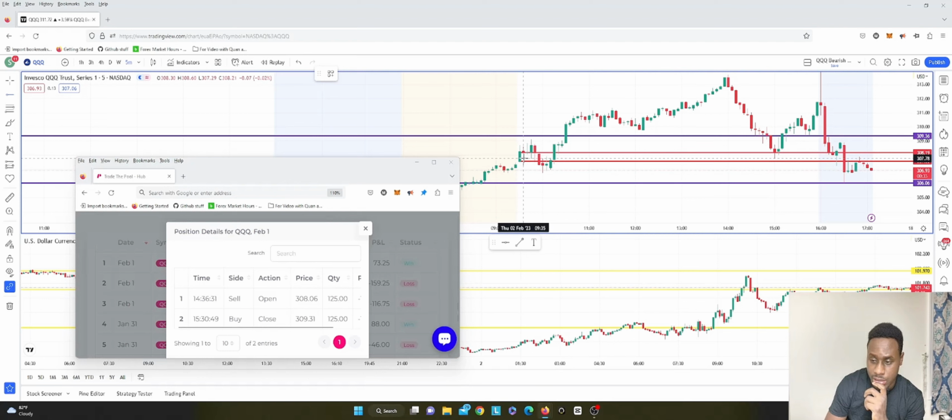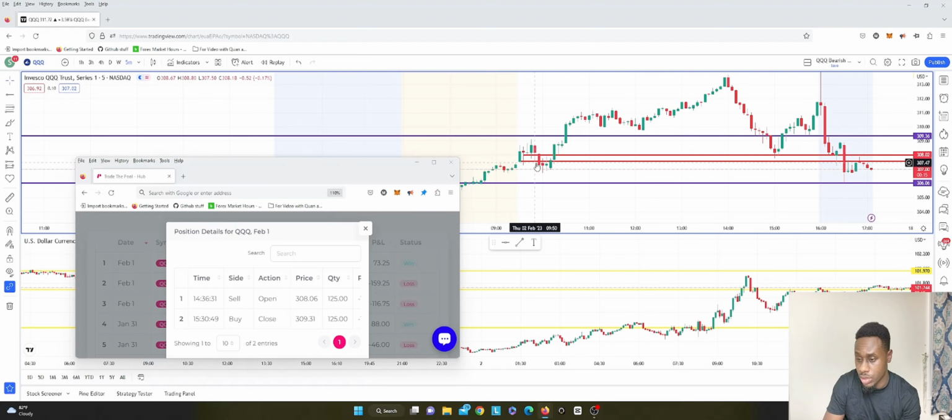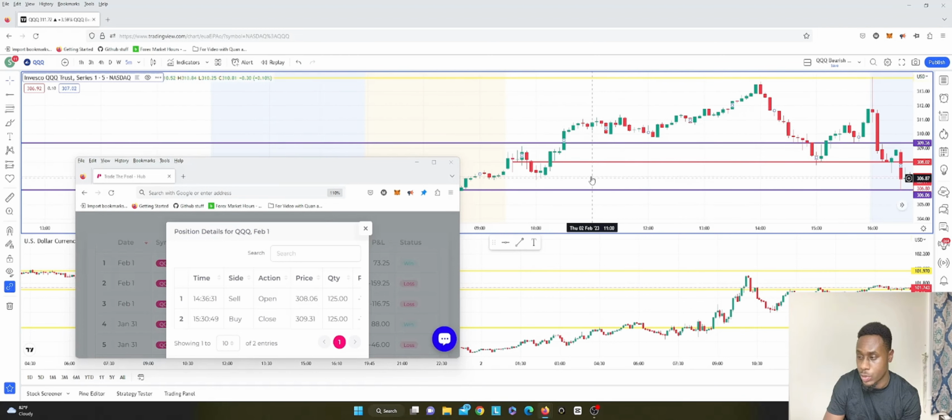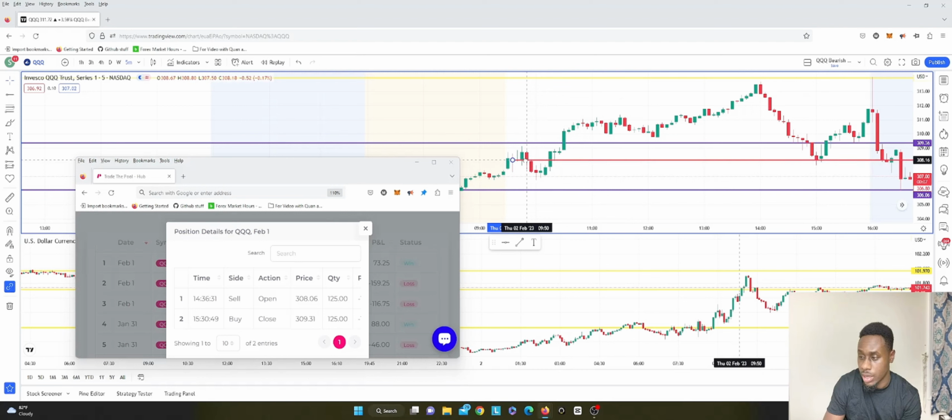At 9:36, so on the next candle, I entered 308.06. Let's get rid of this one. This one. 308.06 on this candle. And the reason for me to just show all of this is because you can actually